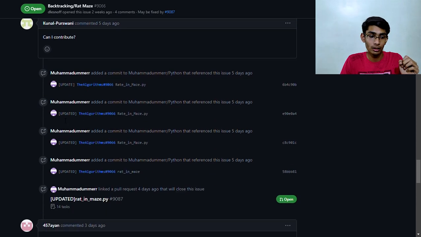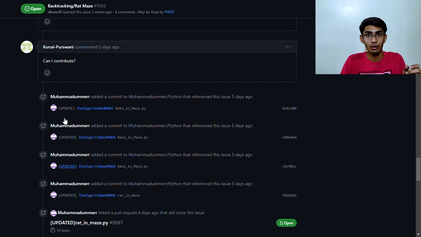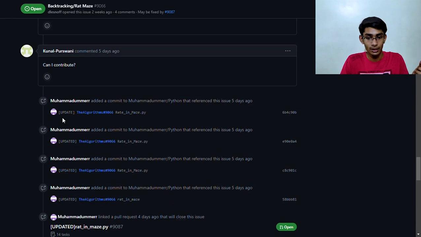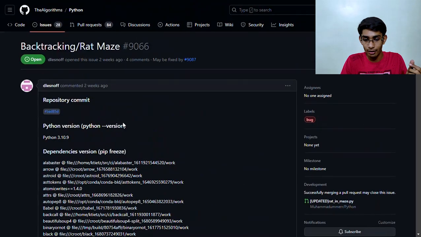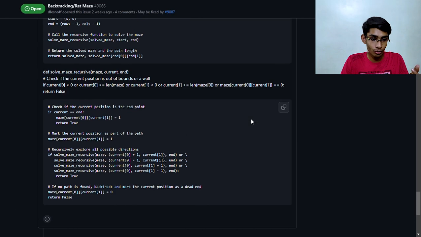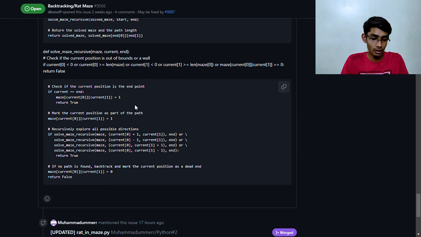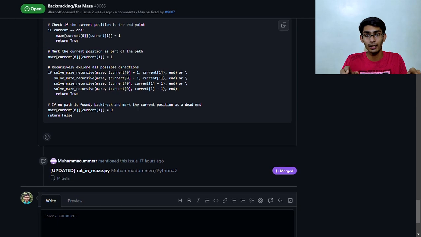If the repository holder allows you to contribute, then he will assign you the issue, and once the issue is assigned to you, you can easily take the code, alter the code, and then ask for the pull request. If your pull request is accepted by the repository holder, and the repository must be in the Hacktober Fest topic,